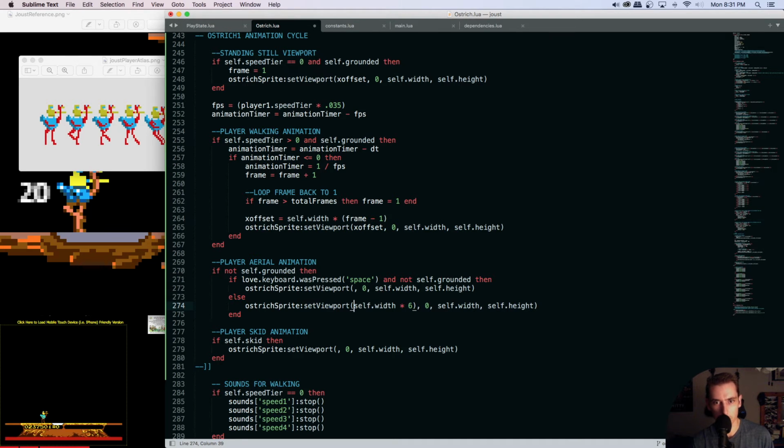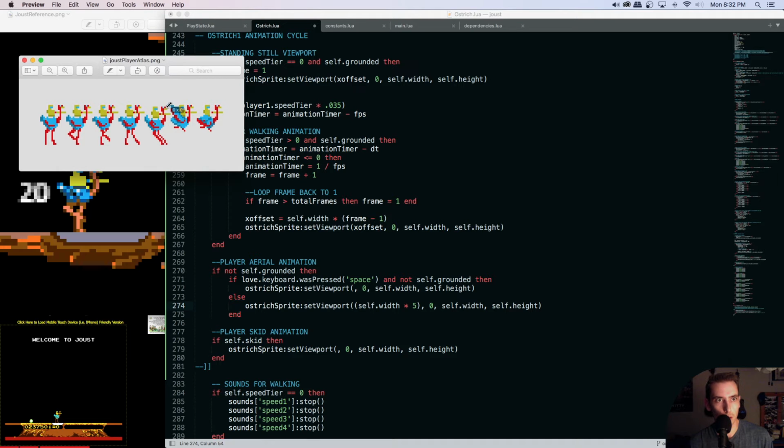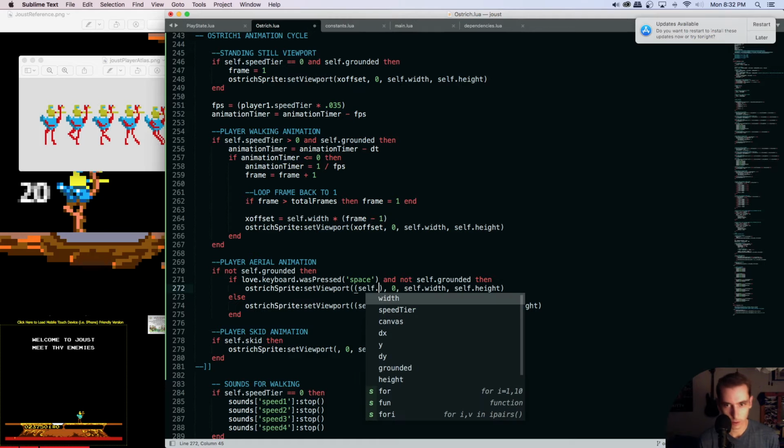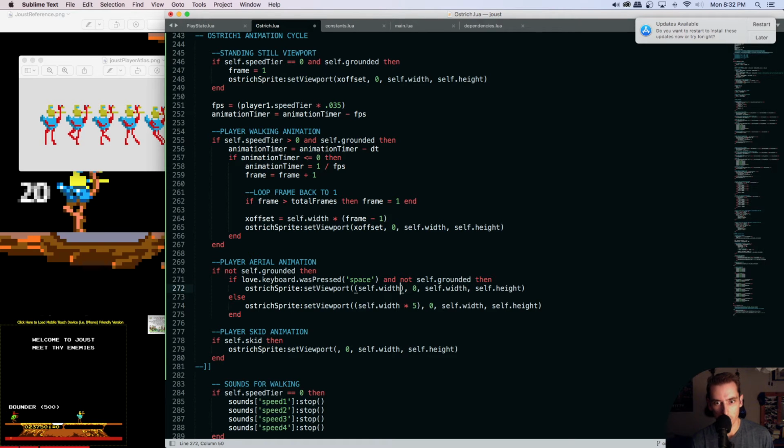Is that right? Because times 0 would give it the first one, times 1 would give it the second one. Oh yeah, so then I would do times 5. Yeah, because this is 1, 2, 3, 4, and then 5. And they just draw from the top left, so yeah. And then when I hit space, set the viewport to the next